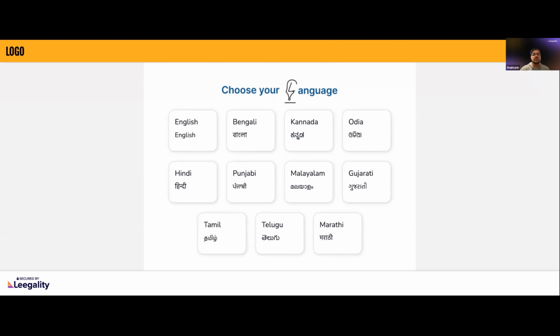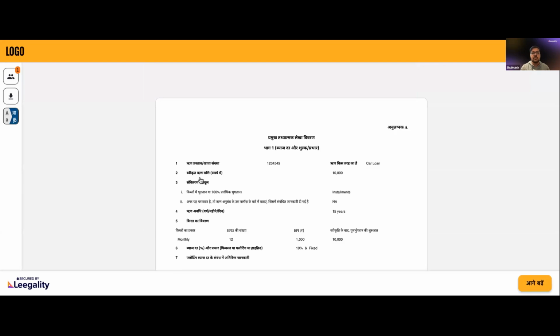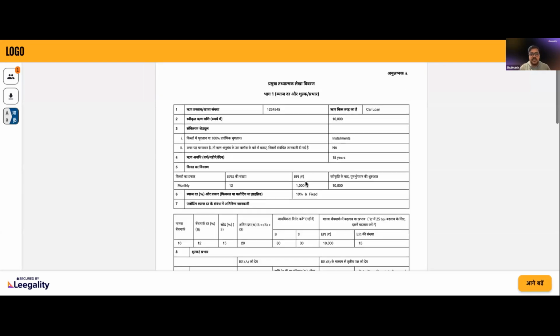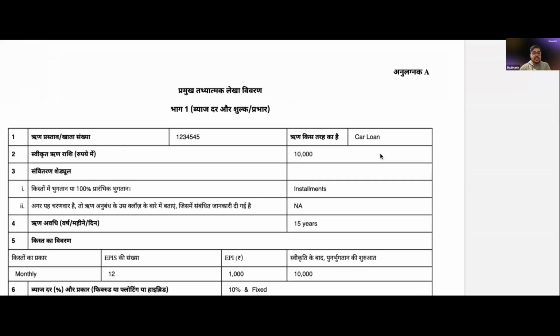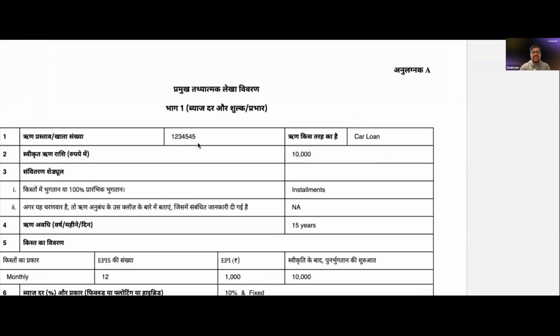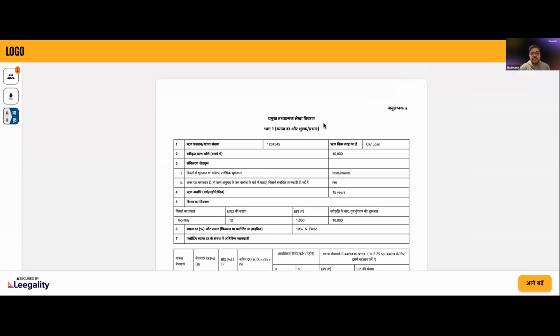Yeah. As you can see on the screen, this is a local language feature. Here, the customer or rather the borrower can set whatever language they're comfortable in. So this workflow is a Hindi KFS workflow because I'm an English and a Hindi speaker. So I'll just click on Hindi because that's what I'm comfortable in, let's say. This is my KFS, which is in Hindi language. If you can see, I've also filled in a few details. Ignore the correctness of these details. These are just some dummy data I've put, but you can do this via Legality templates if you want.